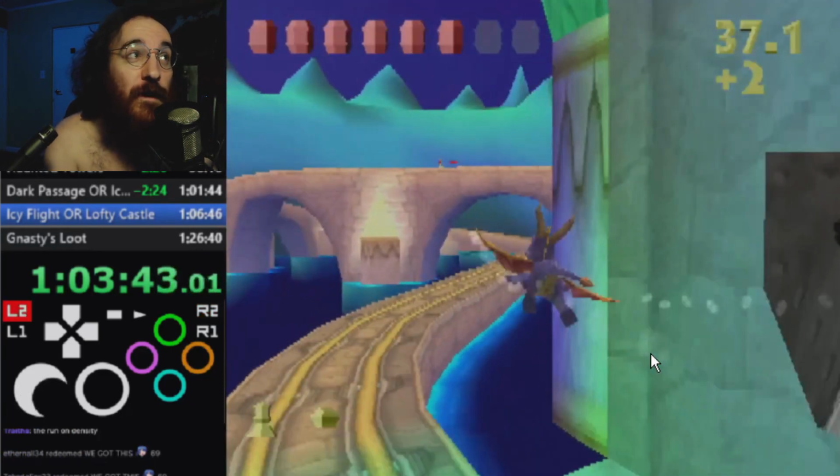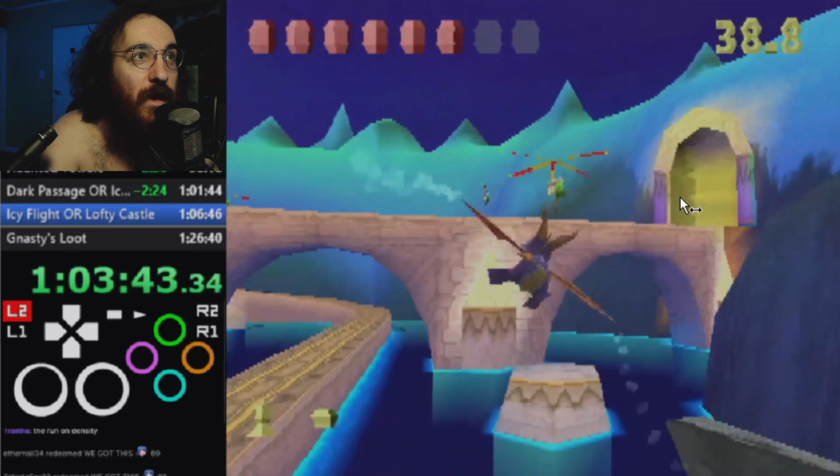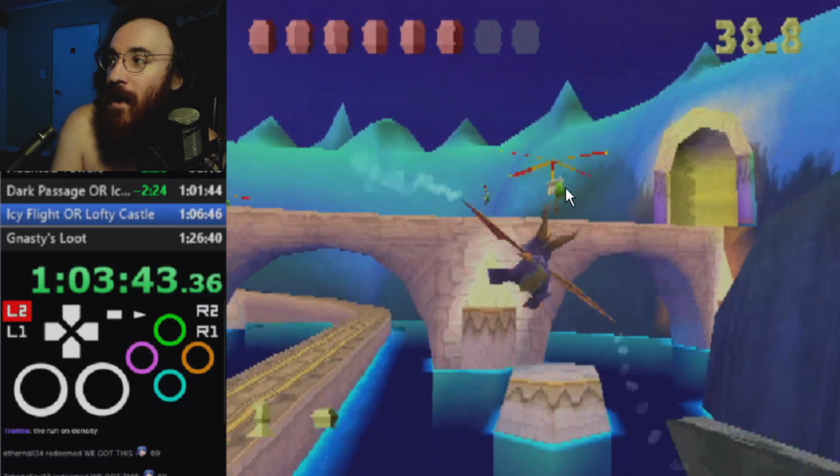Now, again, using the L2 shoulder button, this is something that a lot of runners don't do. Use the shoulder buttons in order to stop the camera from getting stuck on these walls, so you can see the next enemy early coming out of here. Depending on how quickly you've completed the level up to this point and how clean your movement's been, this guy will either be higher if you're early,